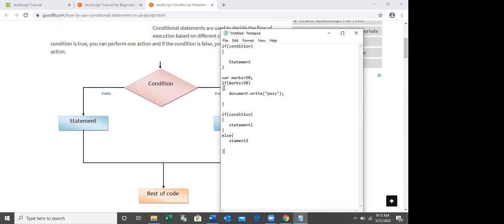So I'm going to convert this same program to if-else statements. See that here. If marks greater than 60, document.write pass.